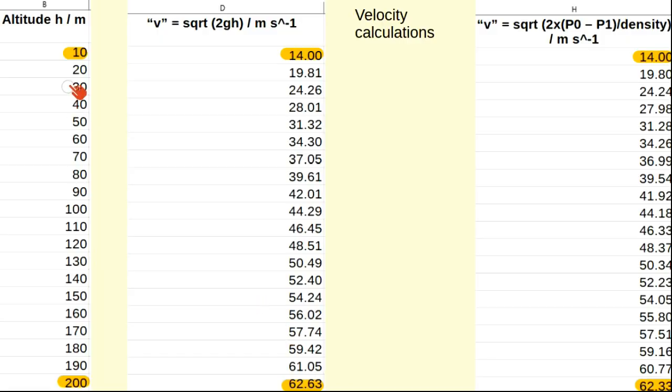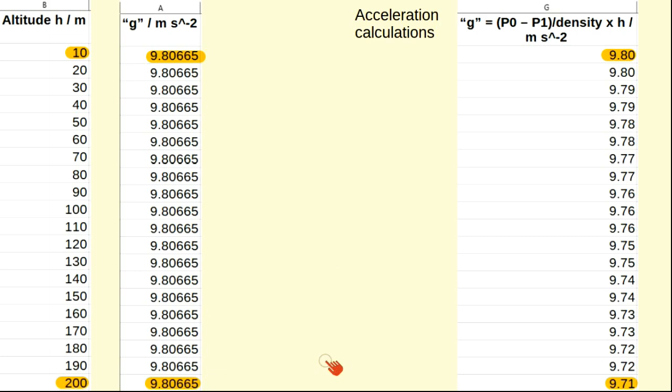Because when we go to this page, I've just screenshot the altitude from 10 to 200 meters, the theoretical value of the square root of 2gh, which is 14 to 62.63. The velocity calculations using pressure and density give 14 to 62.33, and they're virtually identical, the same order of magnitude, and very, very close. So that's the first stage, and then the acceleration from h of 10 meters to 200 meters, and